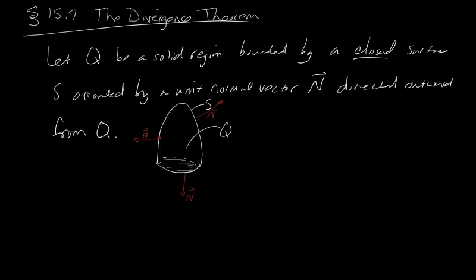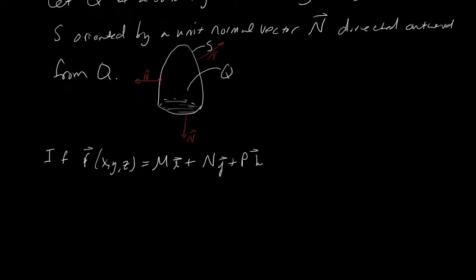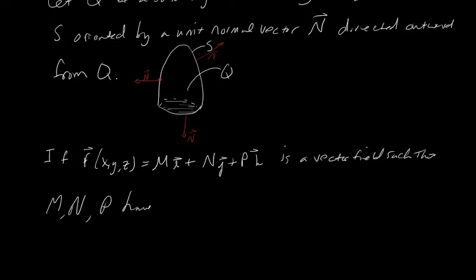All right, then, if F of x, y, z, this is a vector field, is equal to M in the i direction plus N in the j direction plus P in the k direction, is a vector field such that M, N, and P have continuous first partial derivatives on Q, then